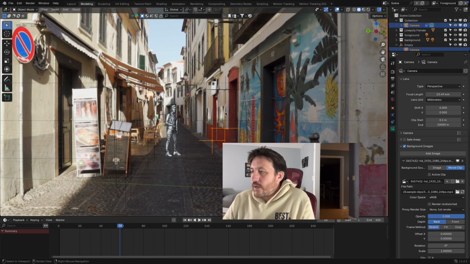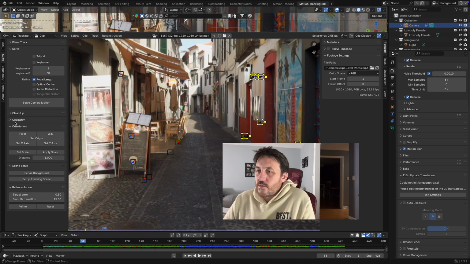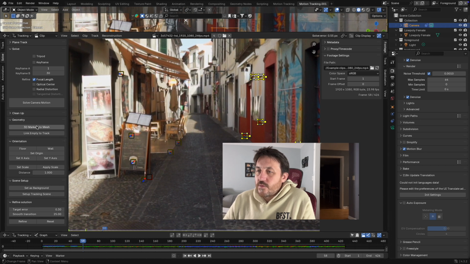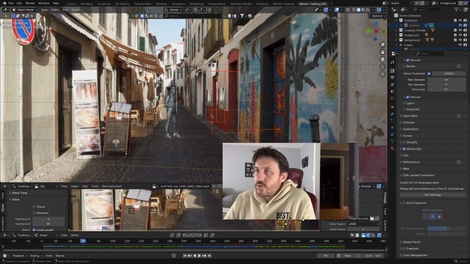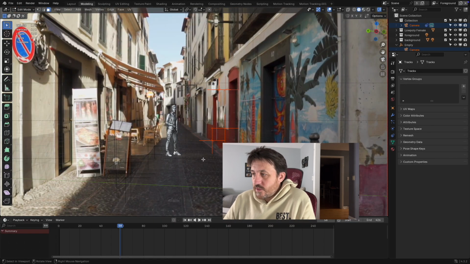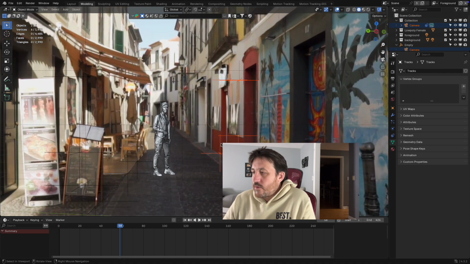But we're going to recreate a little bit of geometry just based off these empties here. So I'll just select these here. We'll go back into the motion tracking and we'll go into geometry here and 3D markers to mesh. Now, remember before we had parented everything to that empty. If we do want this object we just made to be parented to that empty, we'll have to do that as well afterwards. But you can see here, where's our object? Well, it just created